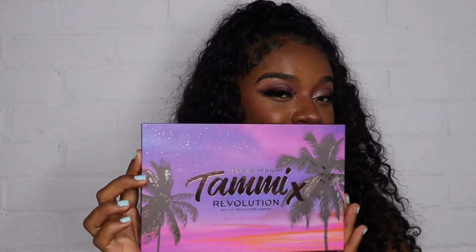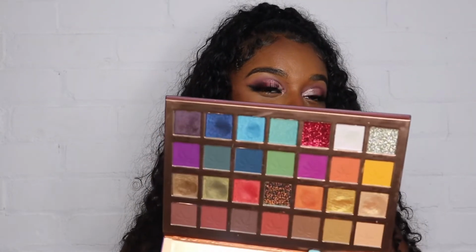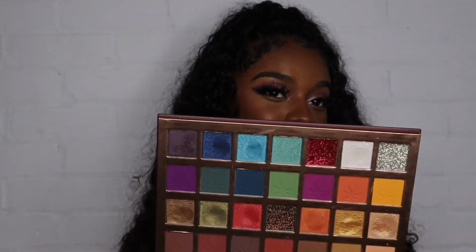Okay, now we're down to our last two. So next up, I have the Tammy X Revolution palette. I have recently got this and I tried it out for the first time here on camera. I have that link down below. But since then, I have been reaching for this palette and I'm so in love with the way that these